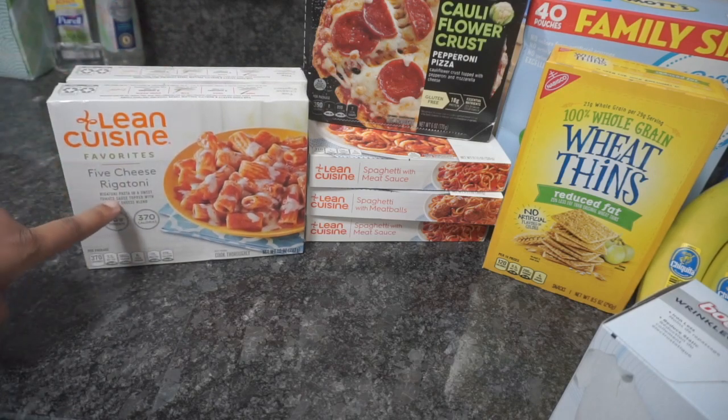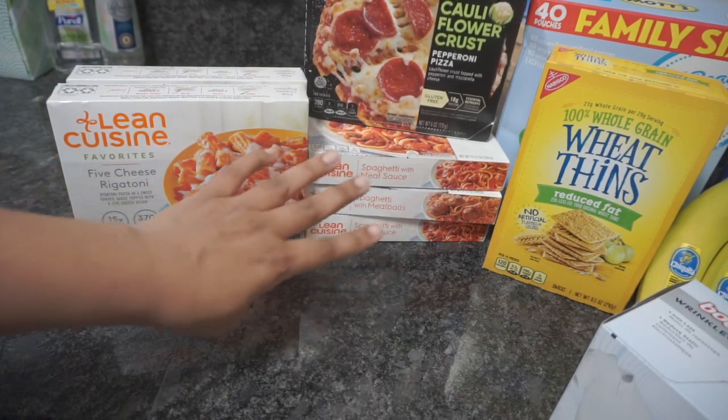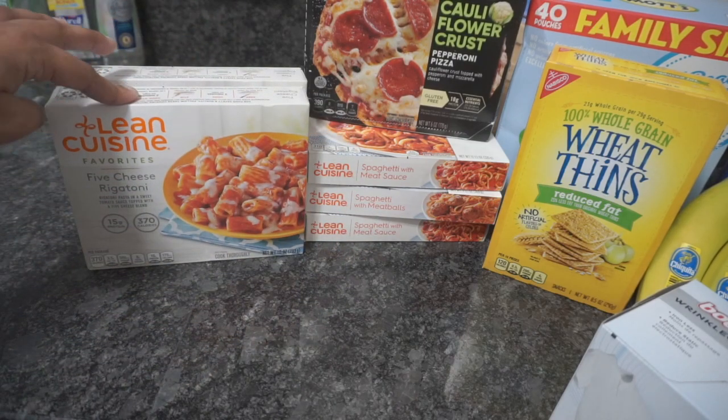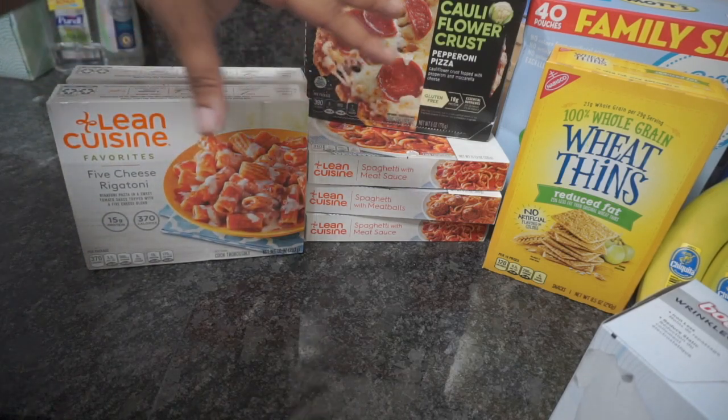I got the 5 cheese rigatoni, some spaghetti with meat sauce, and some spaghetti with meatballs for me and my brother to try because we've never had those. I know I like these ones though. Those were 5 for $10, and then I had a $1 off of 5, so that made them